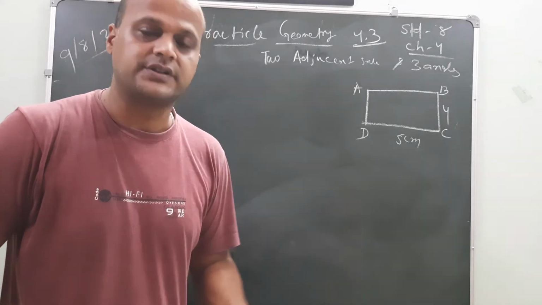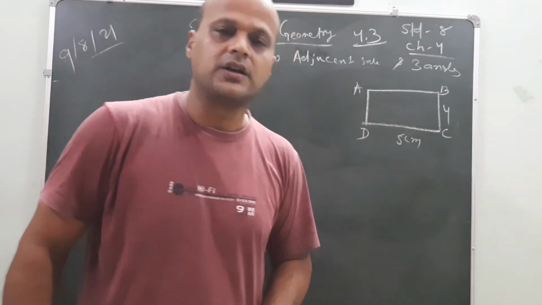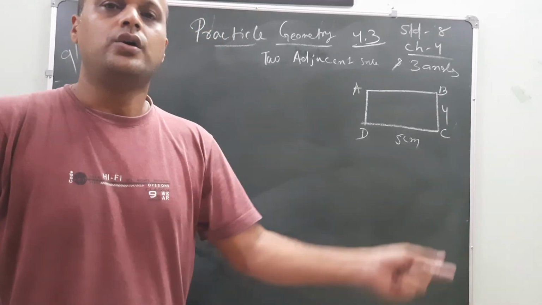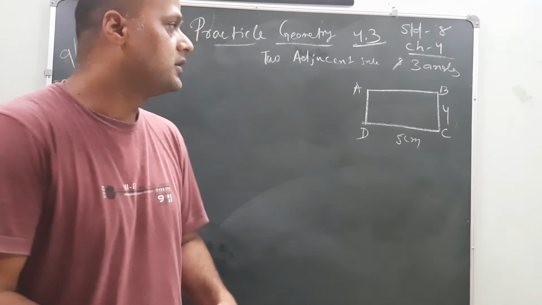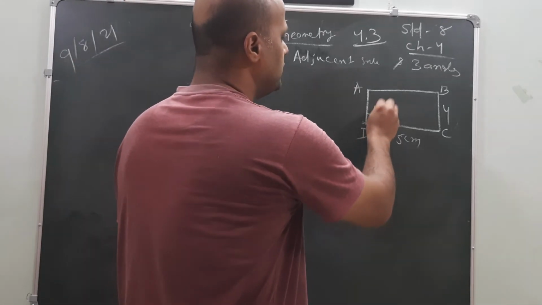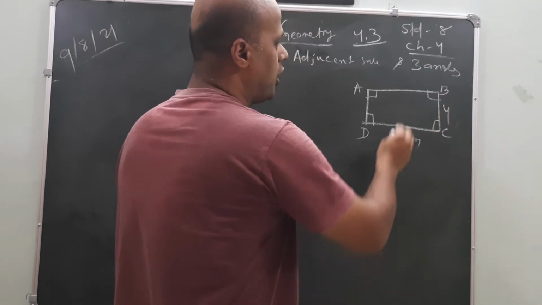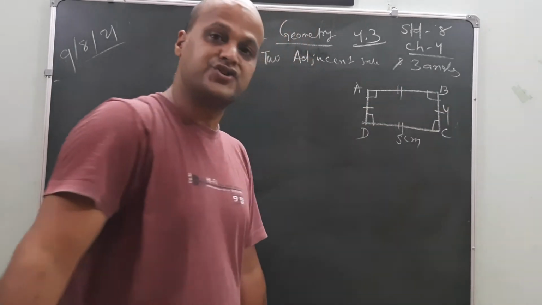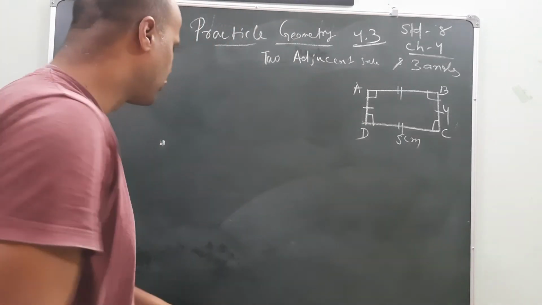But my dear friends, just remember this one: what is the principle of the rectangle? The principle of the rectangle is that all angles together are 360 degrees, all angles are equal and perpendicular to each other, that is 90 degrees, and opposite sides are parallel to each other. Yes or no? These two points are very important to draw. Now you can easily draw it. How will you draw it?